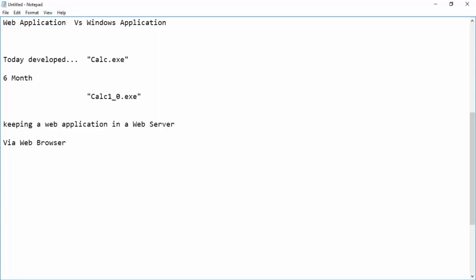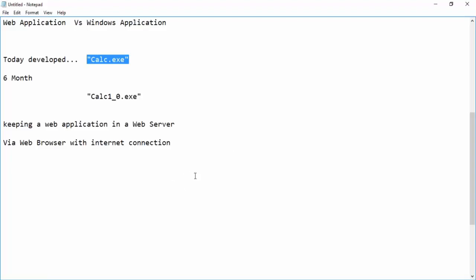What is that web browser? Web browsers are Internet Explorer, Google Chrome, Mozilla Firefox, Opera, whichever web browsers we are using. So to access the web application, the user requires a web browser with an internet connection. That's it. He need not install anything, and he doesn't need to provide much space either, comparatively very little space. You require only some KBs to open a web browser. That's it.